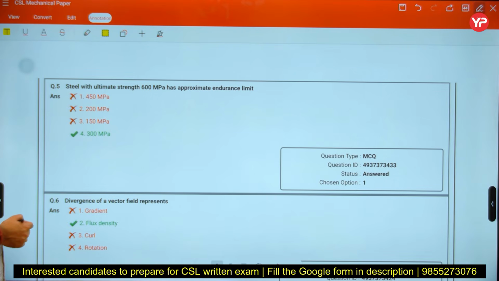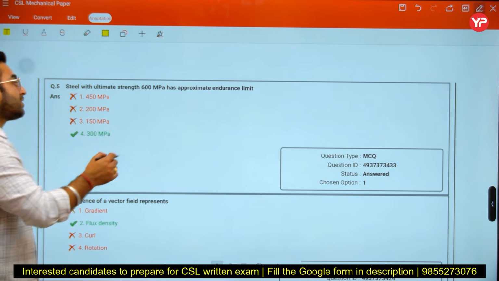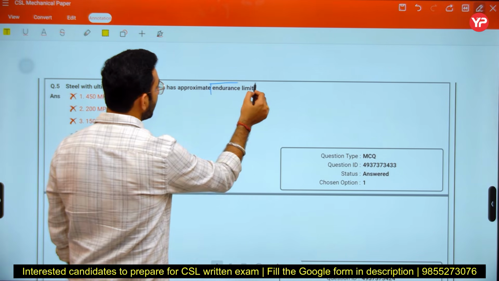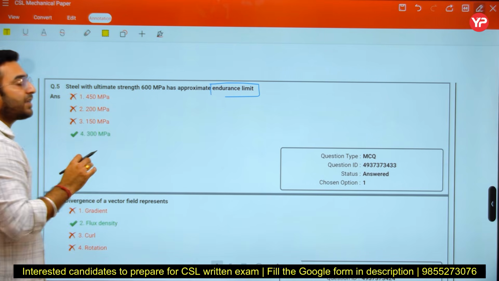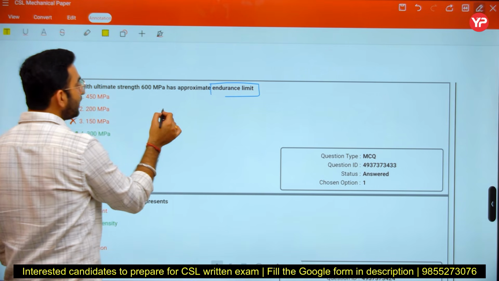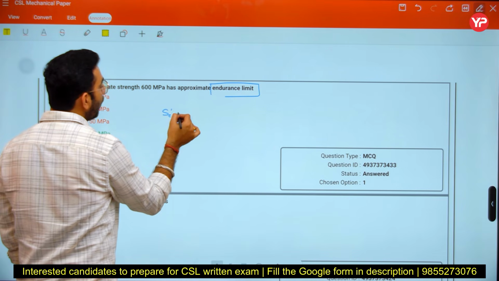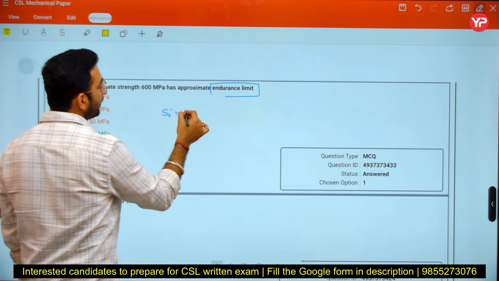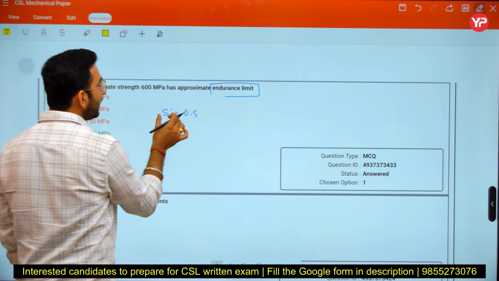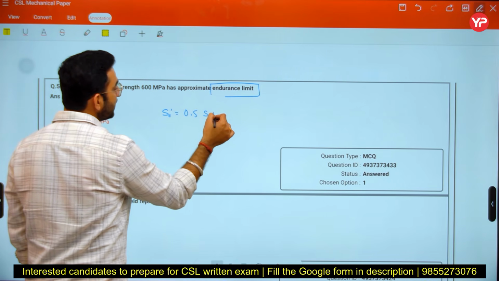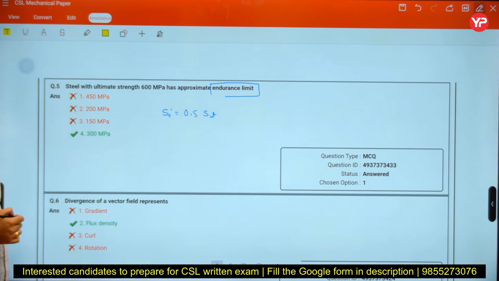Steel with ultimate strength 600 megapascal has an approximate endurance limit here. Now just see, in this case we have a standard formula. We can calculate the value of endurance strength of a steel by using this particular formula. So the relationship between the endurance strength and the ultimate strength is written as SE is equal to 0.5 multiplied